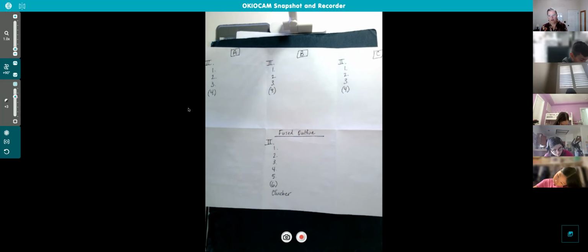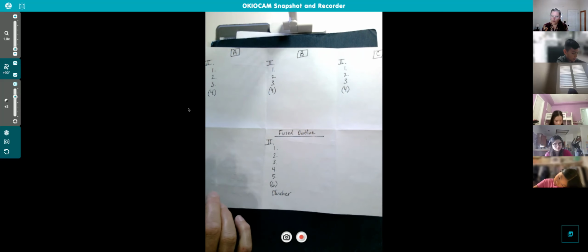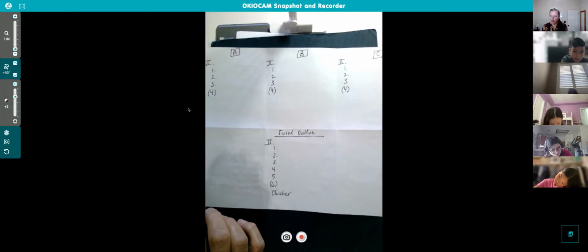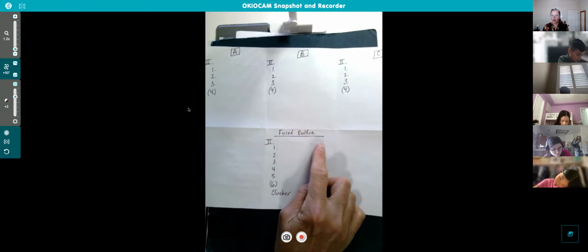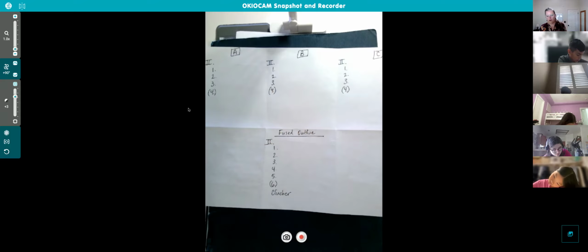If it's a long name like the marbled cone snail, you can put MCS on these up at the top, but then on your fuse, I want you to write it out, okay? That's when you're going to use it for your paragraph.